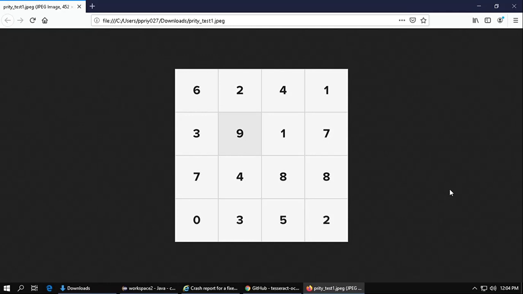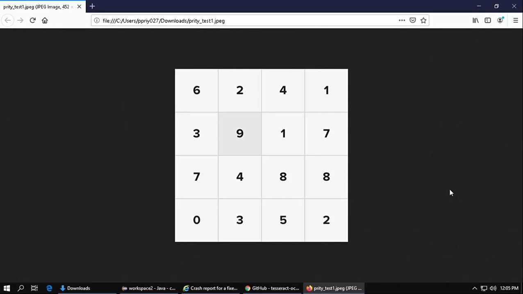Hey everyone, the image that you see in front of me is a credit card grid. You see that there are digits appearing here on the grid, and I am currently working on an application that does a hotel booking reservation. When I book a room in my application and go to the payment section, there is this credit card grid that comes dynamically from the backend, right?